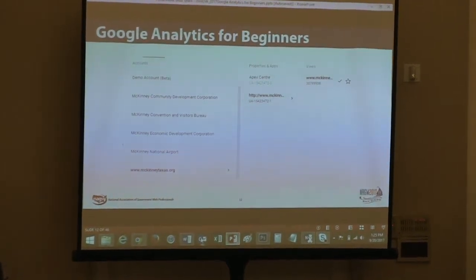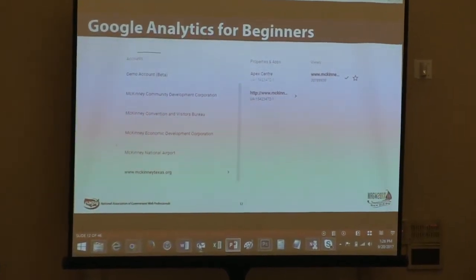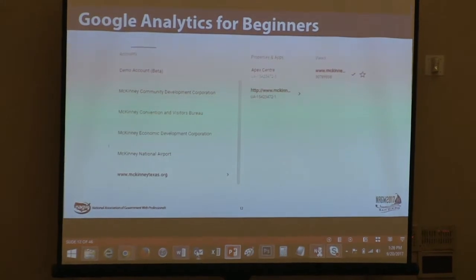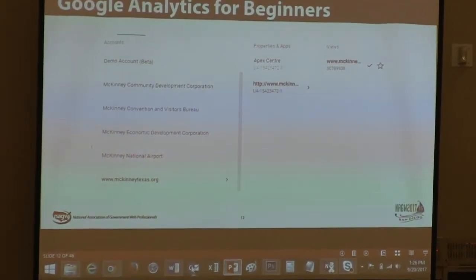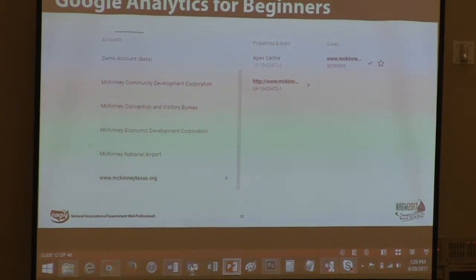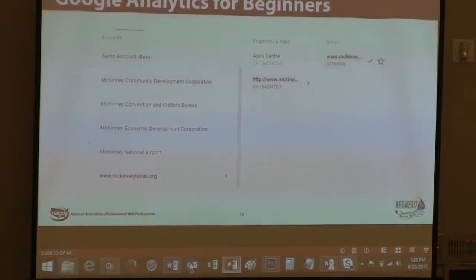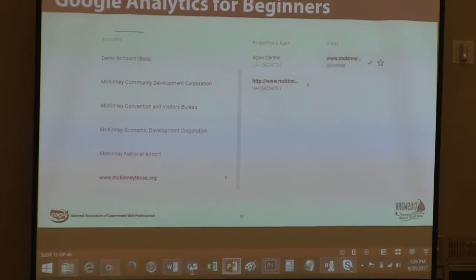So you can also set up views. There's automatically one view, which is the overall view. You have all data that comes in there. But one of the benefits of the views is that you can filter. I'm not going to go into the exact details, but once you get into Google Analytics, look for the specific step-by-step instructions online, and it'll tell you exactly what to do. But the purpose for it is you can filter. Let's say you wanted to filter out internal traffic. We haven't chosen to do that because we feel like it's valid traffic.